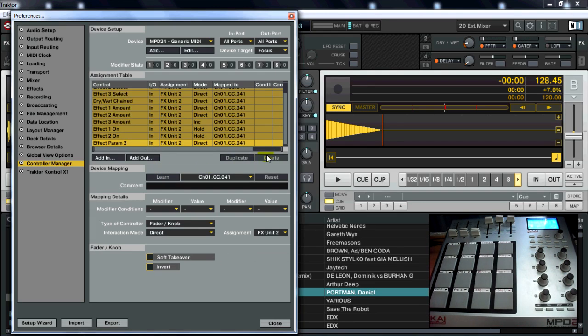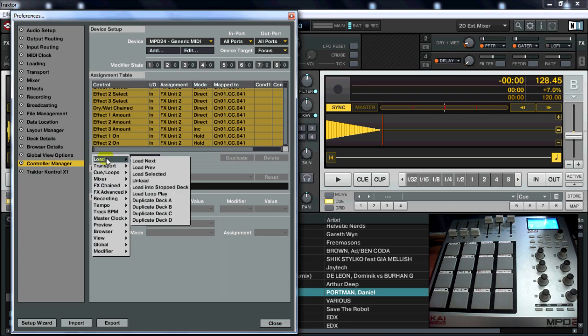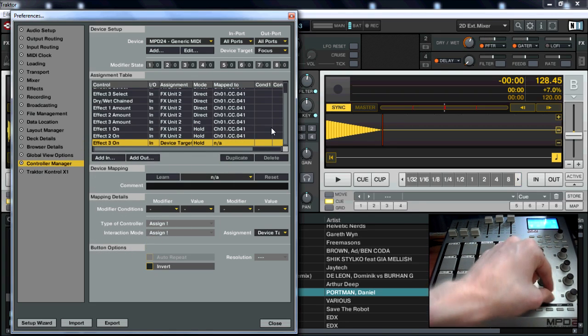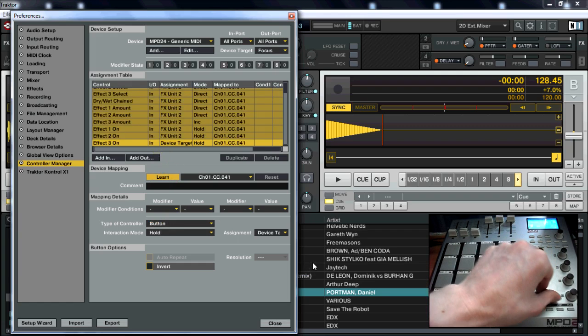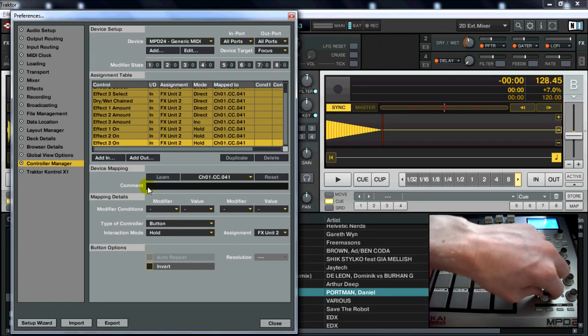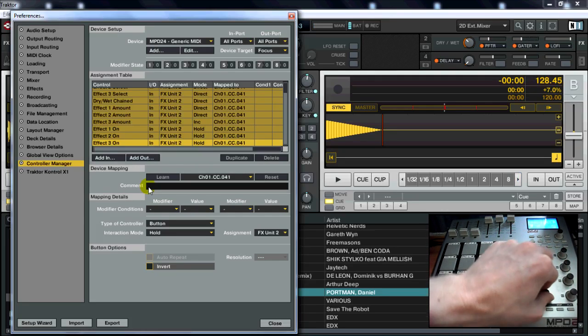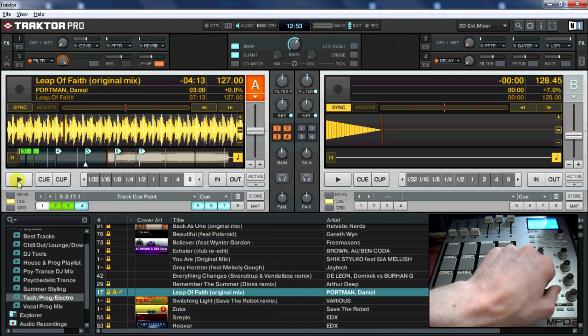Oops, that should be an on button actually. Chain of 3, there we go. Select that as an on button. Deck 2, there we go. So there we go. So now you get a nice effect. So if you go back to our track and play it,